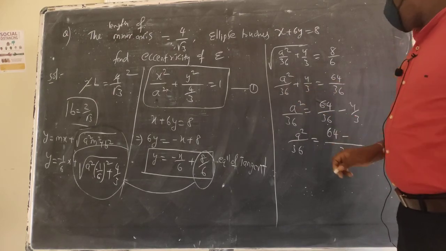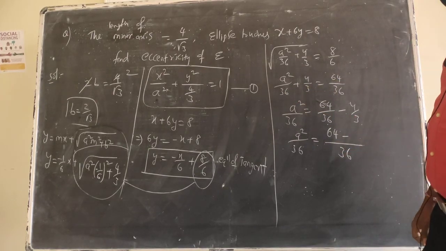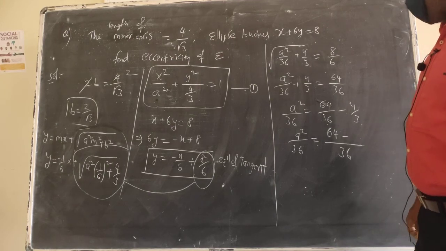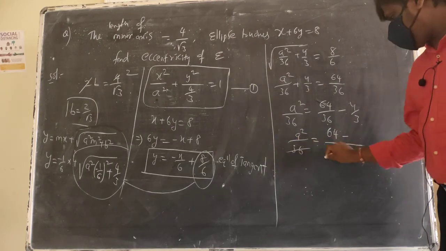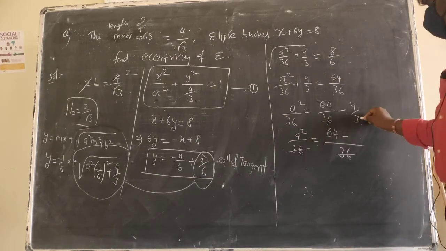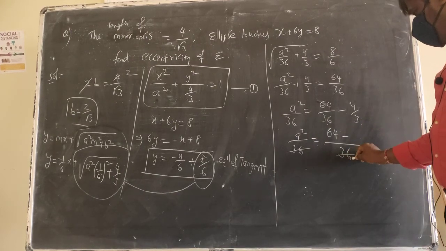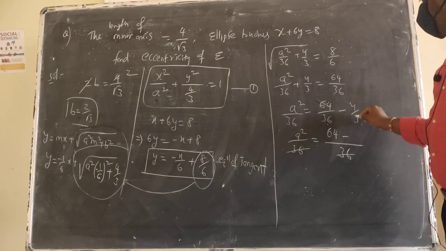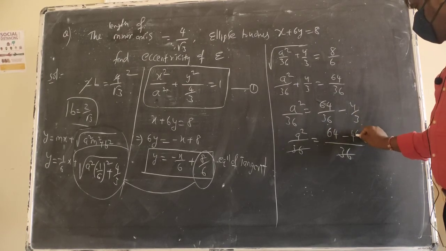Cancel 64. 8 by 6 is cancel. I am not doing cancellation because I want to do it here. Okay, don't worry. So here, the 3 table, you are going to get how many times? 1 to 12 times. So 12 into 4, 48, I will get.